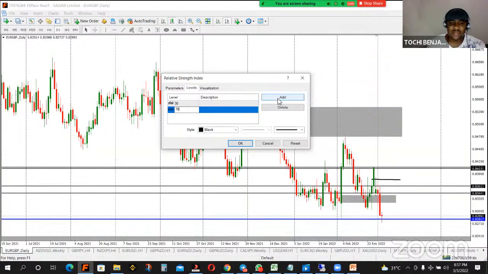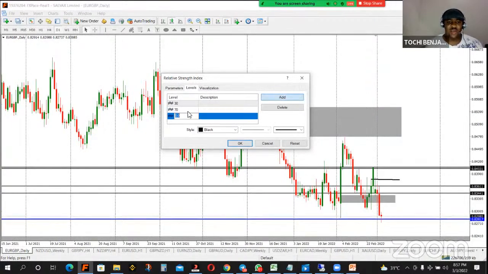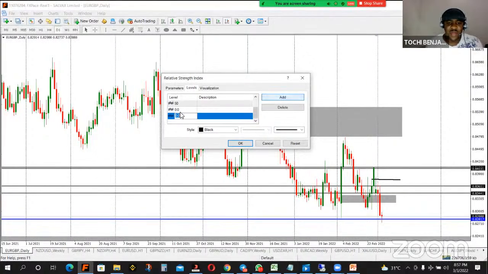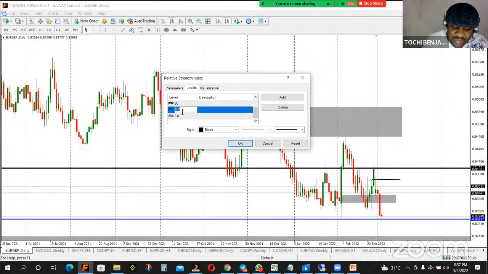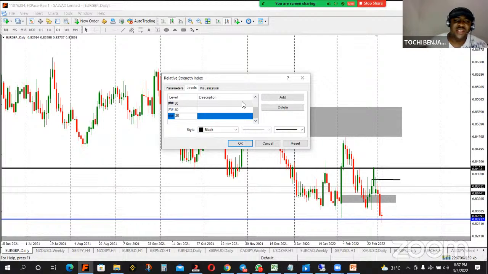Just click on add. If you click on add, come here. You will now type 50. I'll click on add again. I will take this one, I will write 80. Now this one, I'll write 20. Okay. Now on the description,